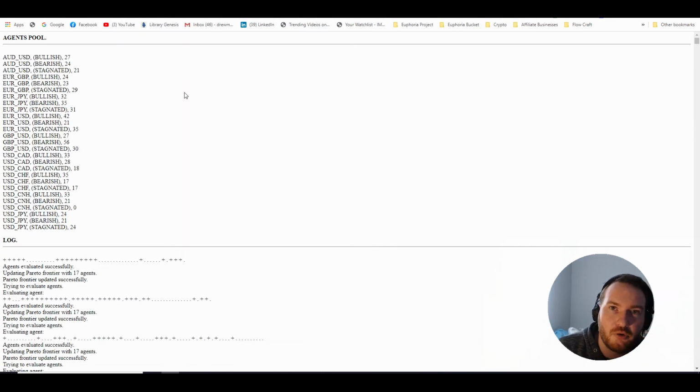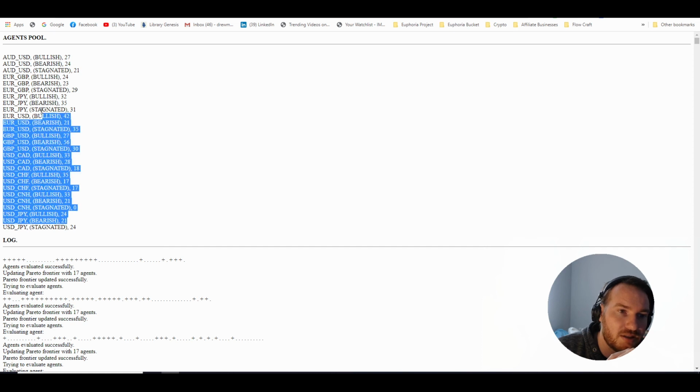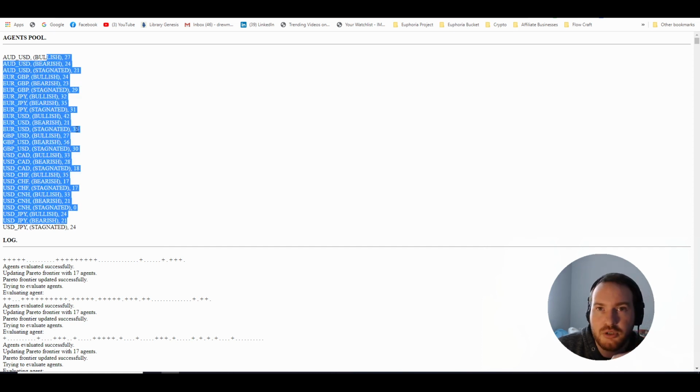Finally, before finishing the video with a little bit of a look into the log, which is a new system we've created to help us with bug fixing and help us going through all that. So at the top here, we have the current agent pool. It's still relatively low in terms of the numbers. This new system allows us to integrate